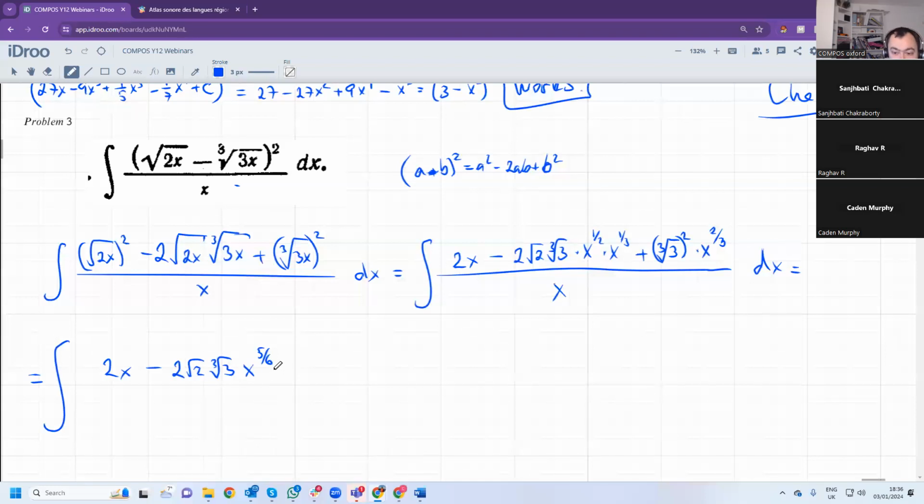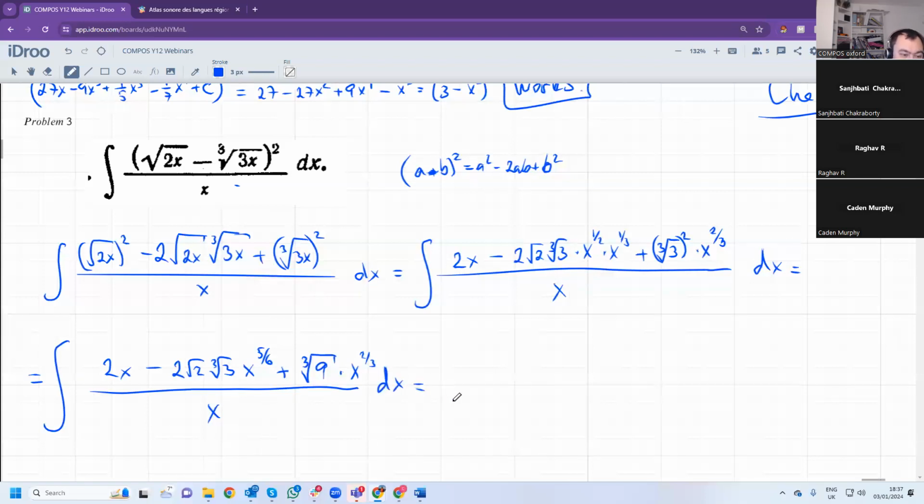Plus, now this is cube root of 3 squared. Well, you could simplify it technically: cube root of 9, multiplied by x to the power 2/3. Now all over x